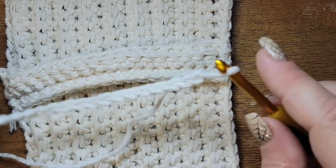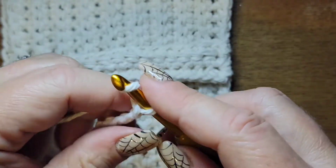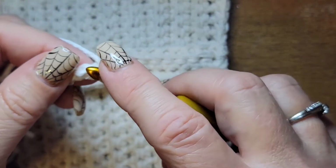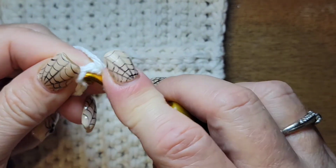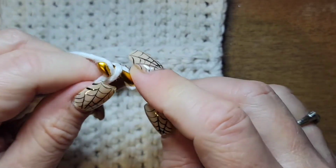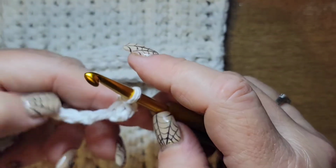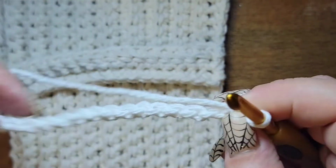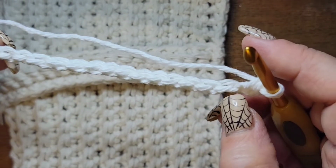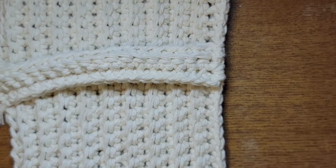When that fits your widthwise, add one more chain, and then the second chain from the hook, you're going to do the back loops again. And you go all the way down. Okay. So you go all the way down, back loops. Then I want you to do 2 more rows of back loops only, of single crochet. After you do that,